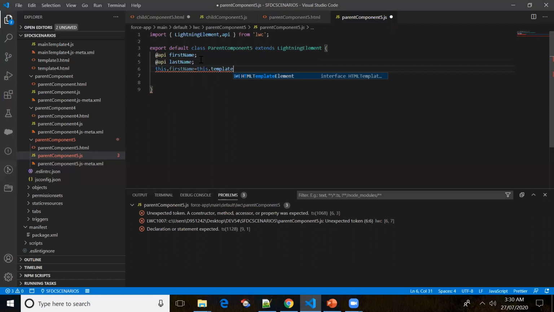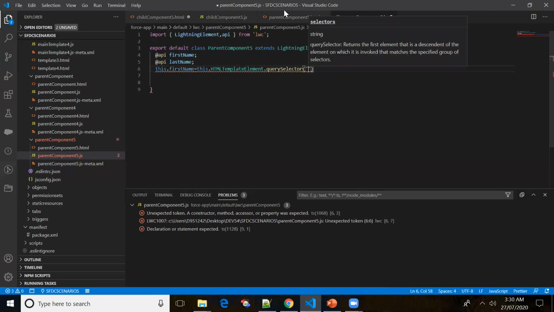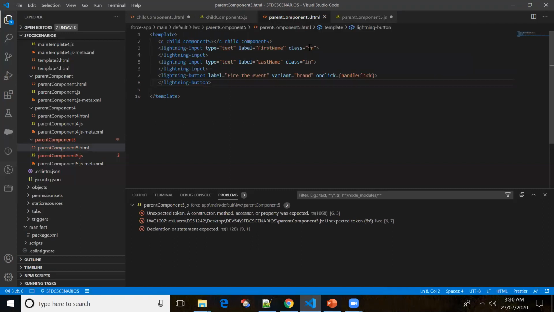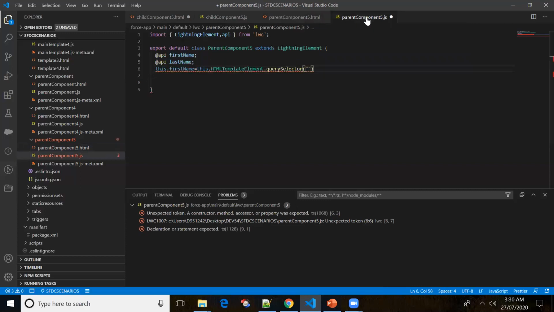Okay, so we'll be getting the values with the help of query selector. So this dot template dot query selector, and what is the class name of the first input field? So fn. What is the class name of the second input field? ln. So this is a selector, fn.